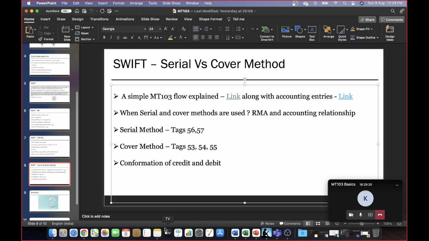So, Santosh, can you give any example in terms of a domestic transfer or cross-border to explain this serial versus cover? Domestic payments do not. Sure. What we can do is we can draw up